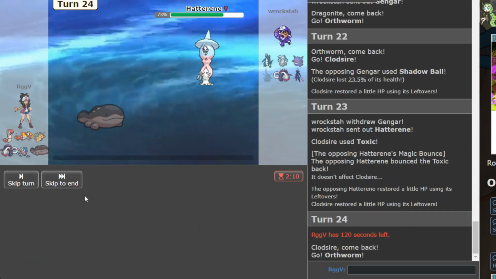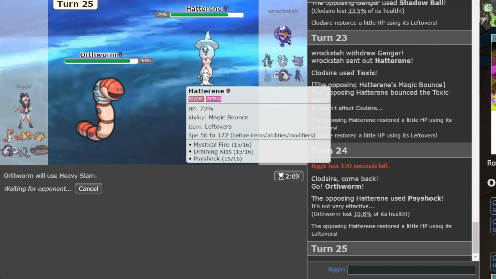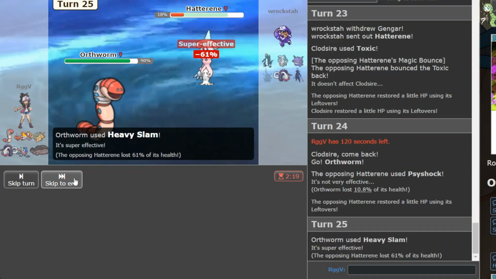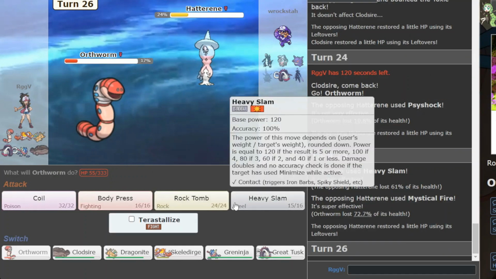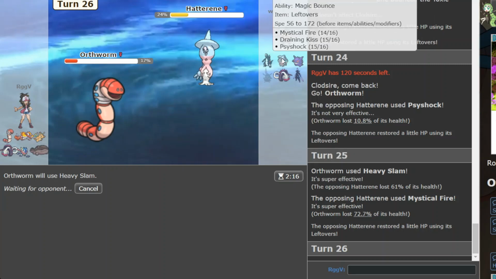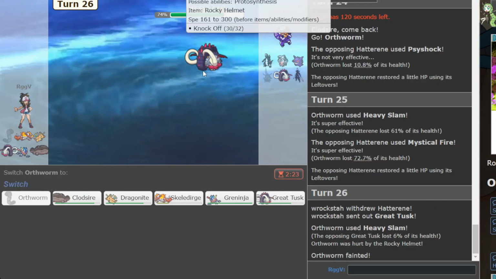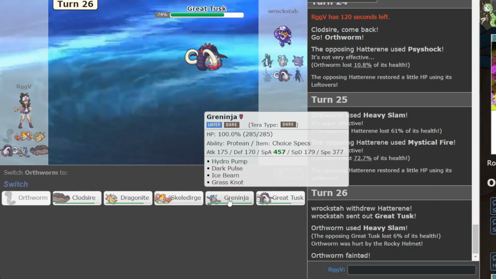I actually go Orthworm. Yeah, and I'm gonna Heavy Slime this time around. Yeah, I expected he was gonna go for something that would kill. But now we don't have to worry about Hat anymore. Okay, we get the Tusk. And with that in mind,